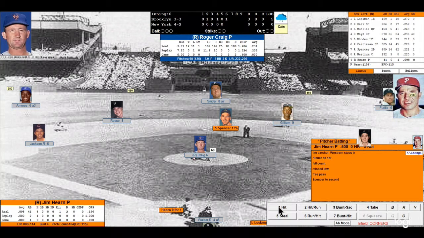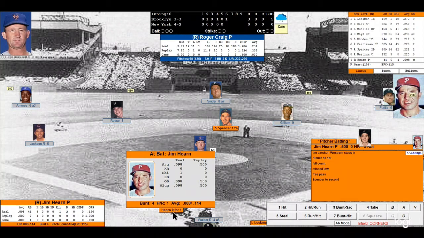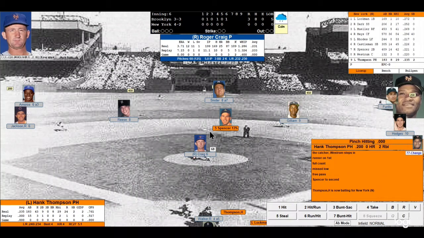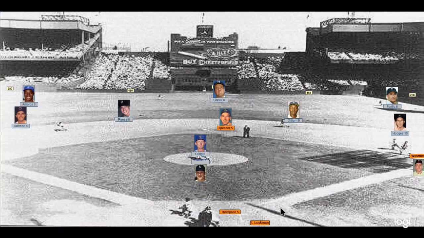Corners in as Jim Hearn is coming to the plate. Hearn's going to have a seat. Thompson will come in to pinch hit. Here is the pitch to Thompson, looking to get a hit. Walker comes out, has a few words with Craig. Here is the pitch,